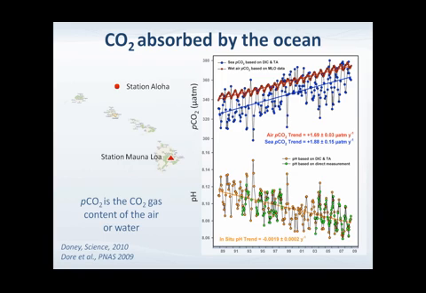Looking just at this portion of the record and blowing that up, those data are these red dots right here. You can see that annual seasonal cycle I was mentioning. But also plotted here are data from an oceanographic station, Station Aloha, in the Pacific Ocean. And what you see here in blue is the seawater pCO2, the partial pressure of carbon dioxide, that is rising. What's really notable is that it's rising at the same rate, with a similar slope as the atmospheric